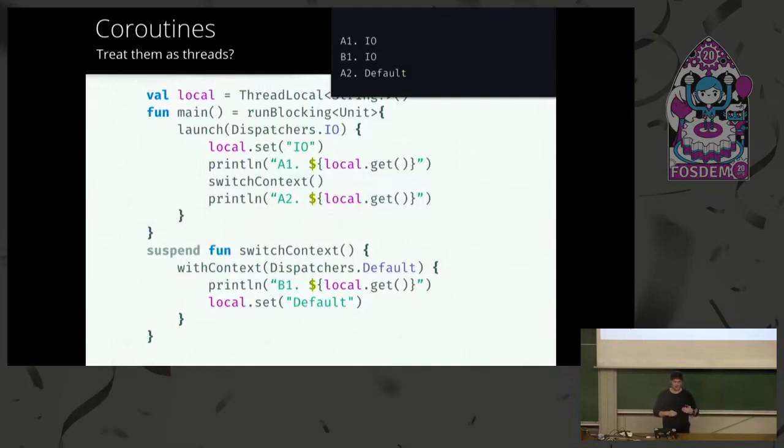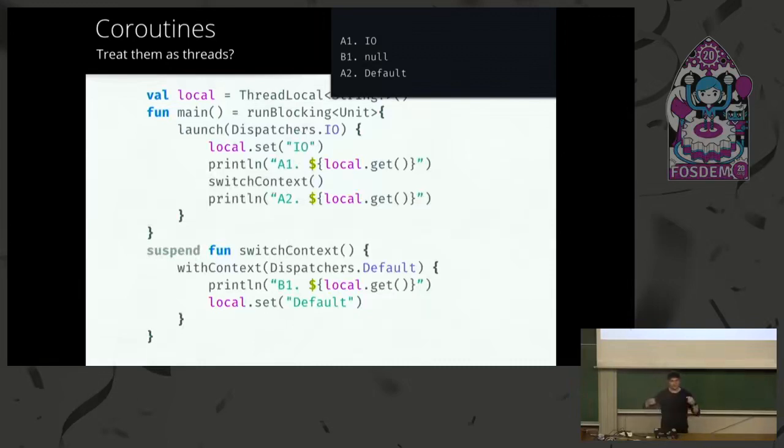So we can have IO, default, meaning we're all running on the same thread. The thread local stays the same during the entire operation, but we can also switch thread. And now thread locals are thread safe. They're going to stick to their thread. And this is a proof of that because we switch threads. And when we're coming back to print A2, we're on the new thread with a new thread local value, but